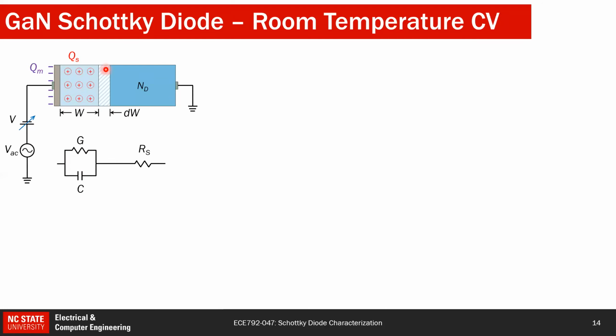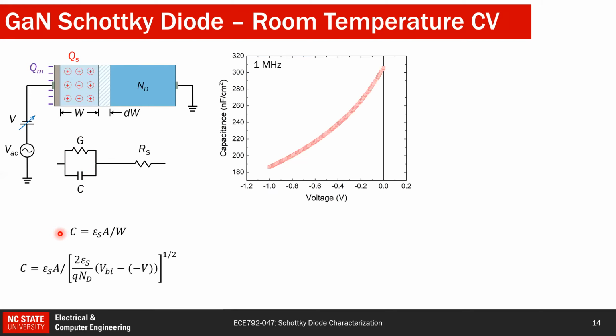And that would be this, and then I will have some resistance of this layer, and there would be some conduction also, which will be modeled as G. When you do the CV measurement, you have to put this model in, whether you want to use parallel or there are also some series models, but usually we use the parallel model. And from that, now we can see that the equation for the capacitance is this, where W we can replace